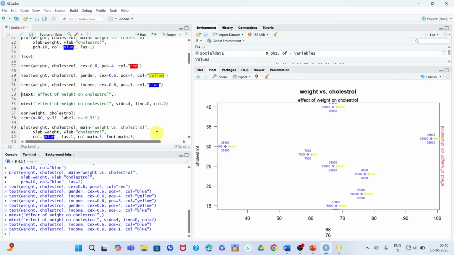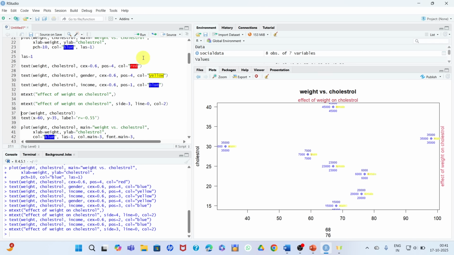Likewise, many arguments you can apply and practice. Say for example, M text. If you want to change the line, if you change the side, that is 1, you can change to 3. Let's practice.